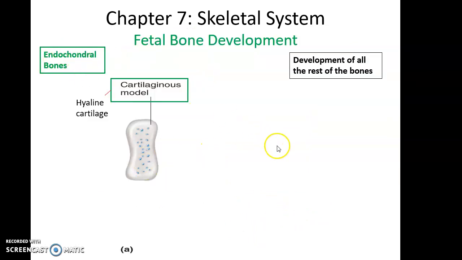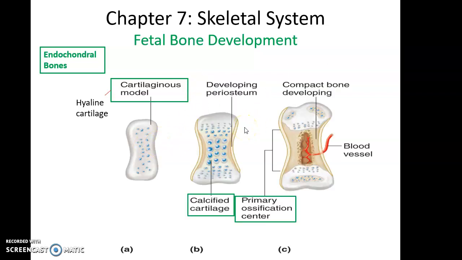All right, then we have how endochondral bones were formed. Now, this is for all the rest of the bones of the body. They start off initially as a cartilaginous model, a piece of hyaline cartilage in approximately the correct shape and location. And so we start off with a cartilage skeleton, as it were. Then, in a similar process, we will have osteoblasts begin to develop in the center of the bones, and the osteoblasts build up the bone tissue that then becomes calcified, and then, of course, osteoblasts trapped in the bone tissue will become osteocytes,